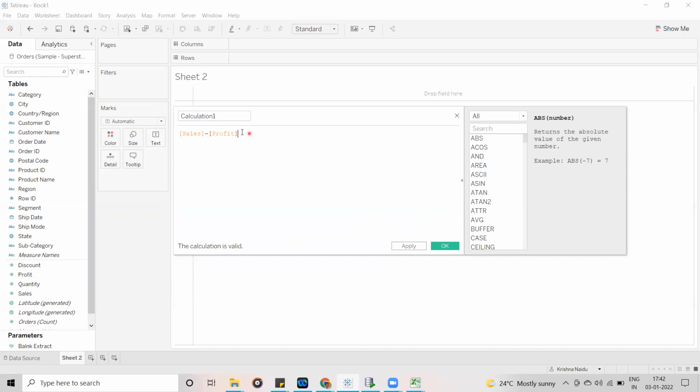In a simple way, if we want to display data which is not available in the database, then we create a calculation. Whatever calculations we write, we are not going to manipulate any data, guys.